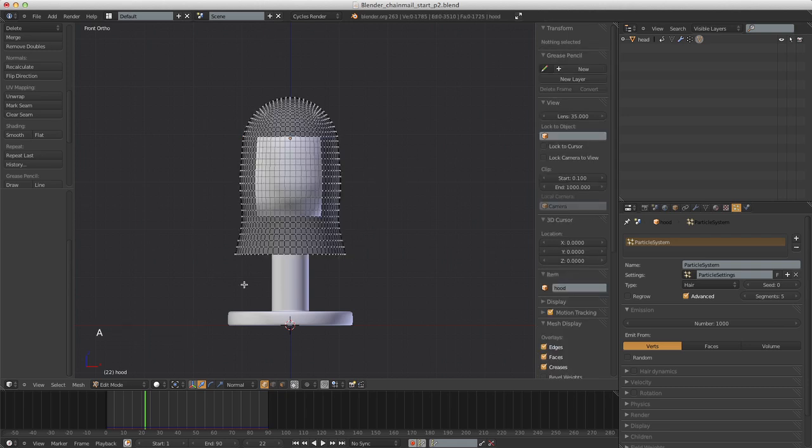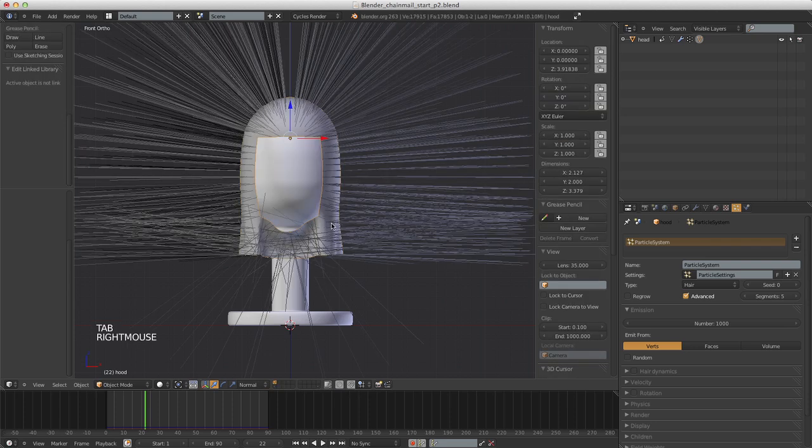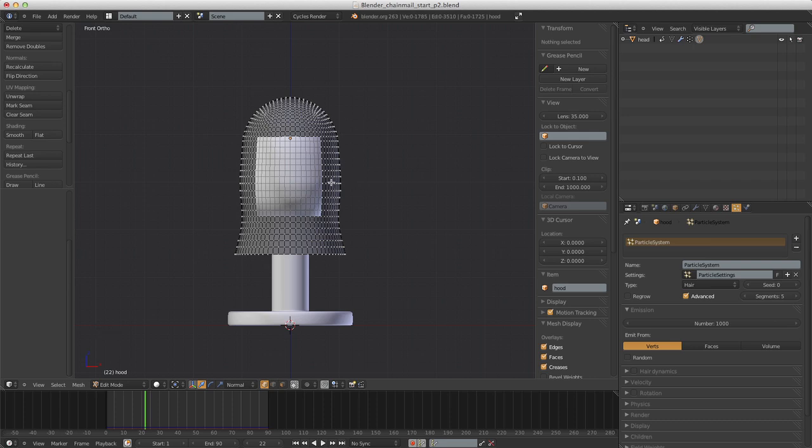So you need to know the number of vertices of your model, and that's pretty easy. If you actually select it, you have here the number of vertices that are on your model. It's, you have to go to edit mode, sorry, and this is this number. So the way it's organized, you have the number of vertices, edges, and faces. And so the first number is the number of